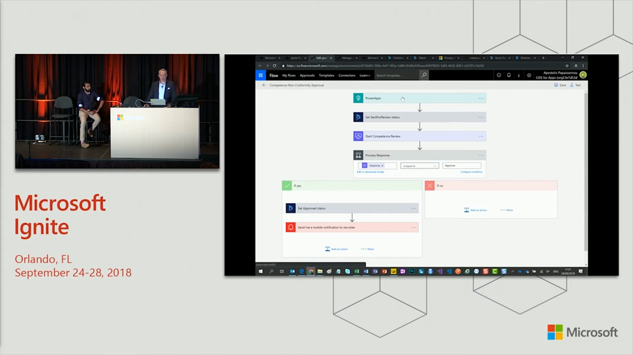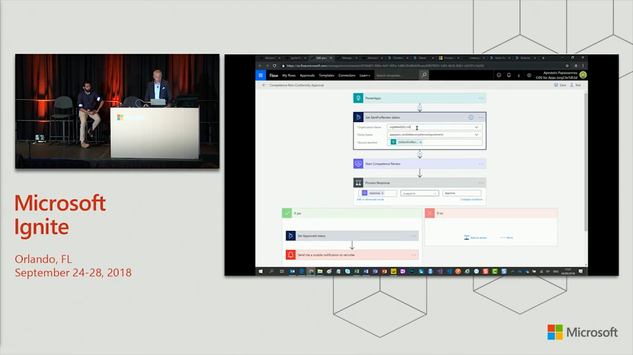So the first thing is, a flow consists of 2 core concepts. There is a trigger, which triggers when a new record is created, a new document has been attached, or when any other event occurs, and is then triggering a series of actions. The trigger comes of course from my PowerApp. Whenever the recruiter clicks on Submit for Approval, this flow is initiated, and as a first step, I connect to my